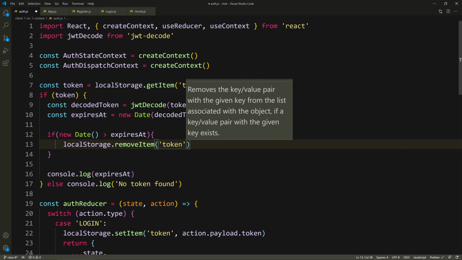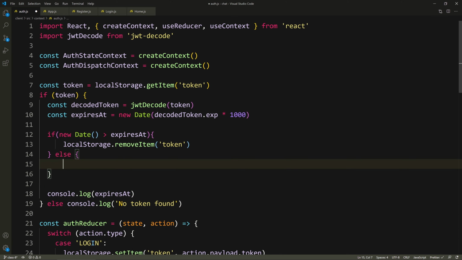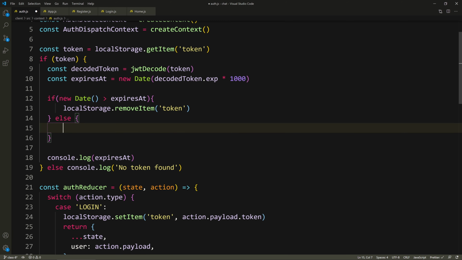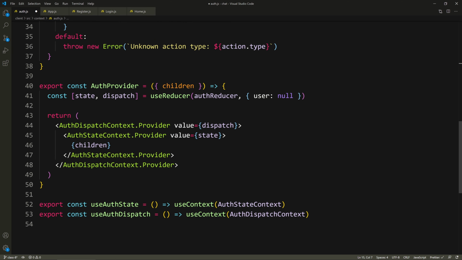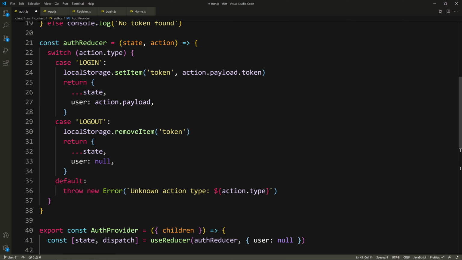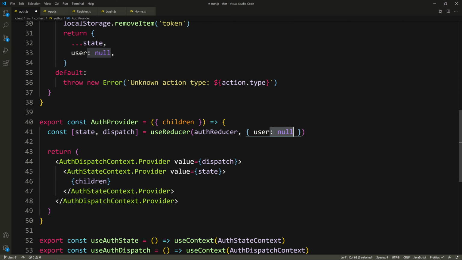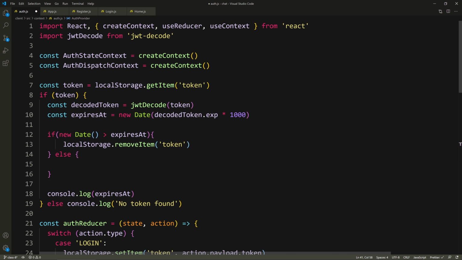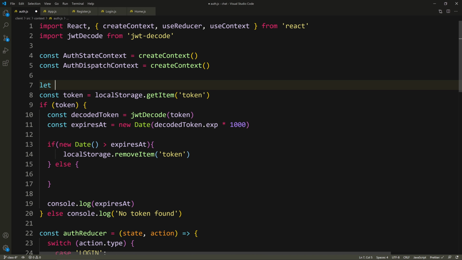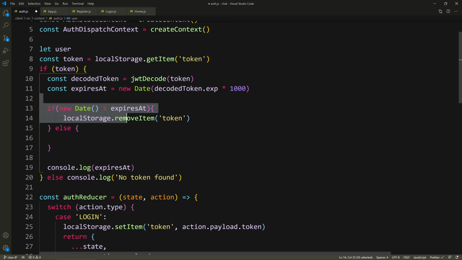token. Else, we need to set it to the state. So right now we're setting the user to null at the beginning. So we need to set it to this. So let's say user like this, and I'm going to declare a user here. So let user, and of course this is null by default. And now if the token is not expired, we're going to set the user to decoded